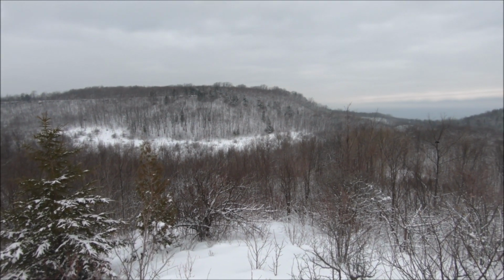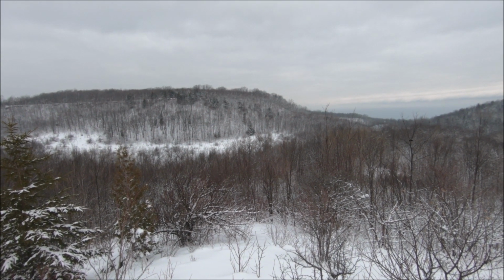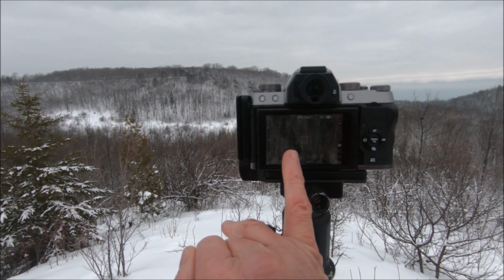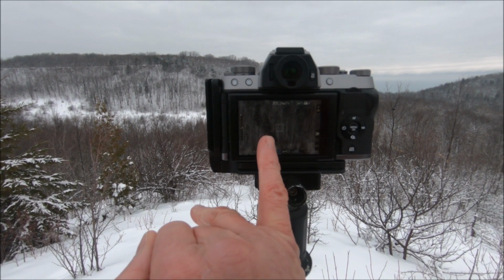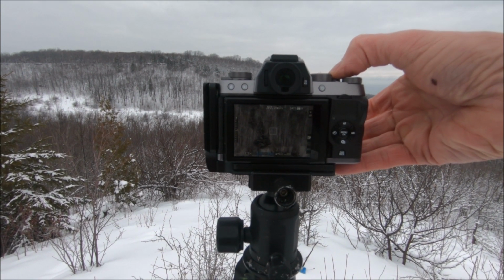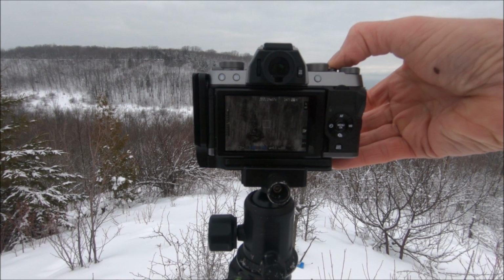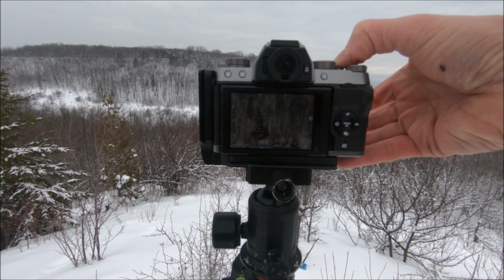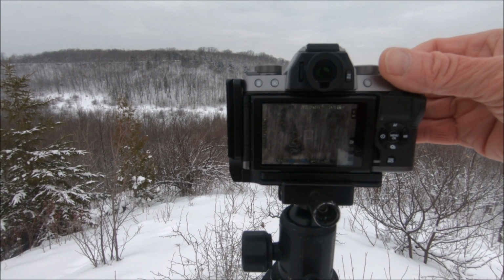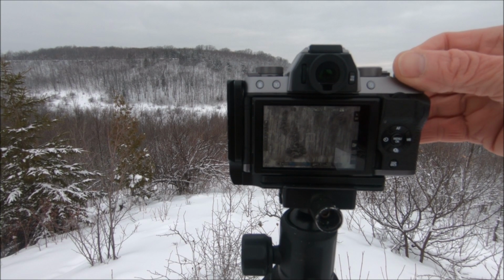At a focal length of 135mm, and absolutely crazy to see in the GoPro, but a tree down at the bottom right here in the screen of the camera. Let's see, ISO 200, f8, shutter speed 1/100th of a second, 135mm focal length. Capture that image, and one more time, let's go to maybe 1 1/3 stop over, and let's take that two stops over,